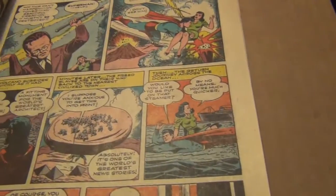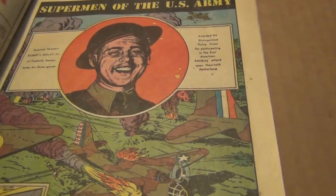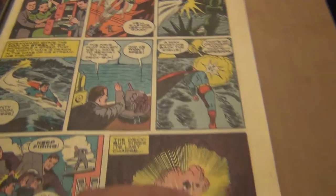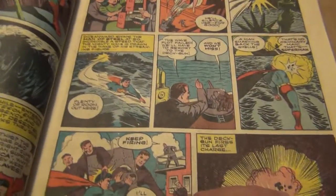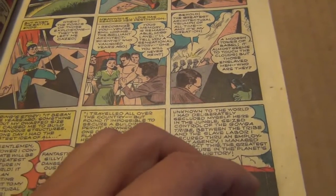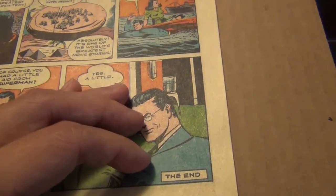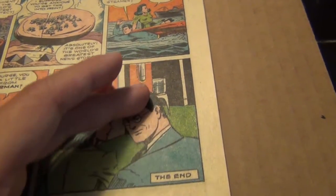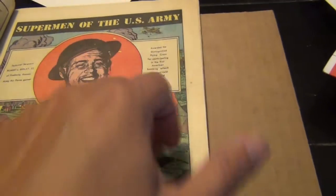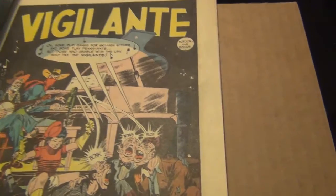I think it's very neat that when you flip through these golden age books, you see no ads. The way books were produced back then, it's not like today, or through the Silver Age and Bronze Age and Copper Age, where you see tons of ads every few pages, but there are none. And like most Golden Age books, the story tends to be short. You're not going to see any multiple arc storylines for most Golden Age books, and usually, most Golden Age books contain multiple stories. So this is another story that's not Superman related,